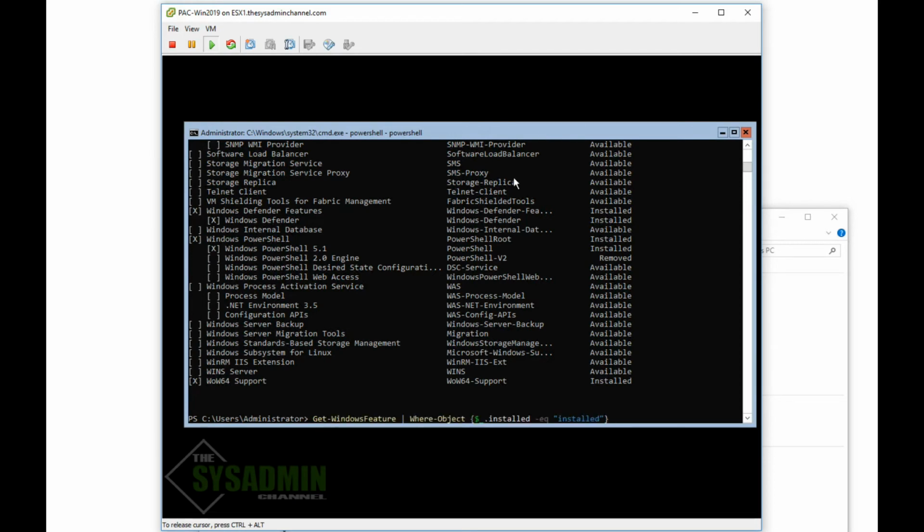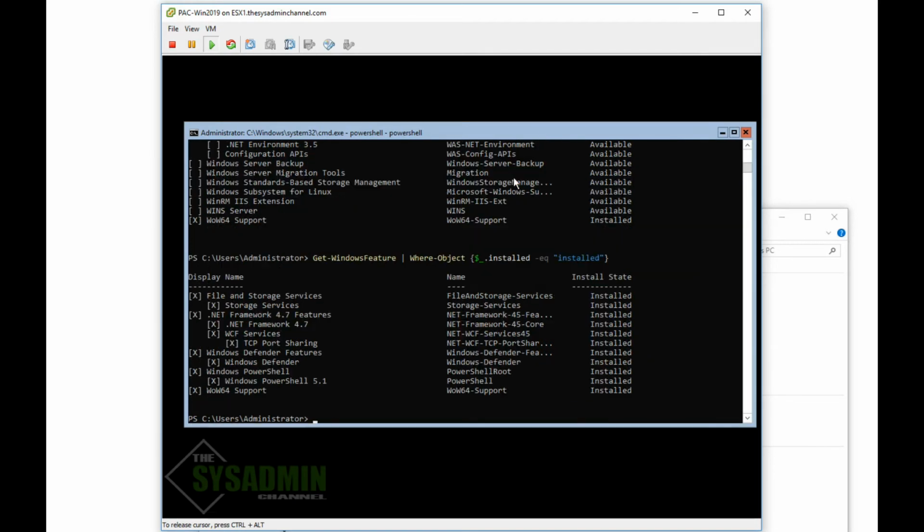That probably went a little too fast, so I'll go ahead and do a Get-WindowsFeature and pipe it out to a Where-Object so we can just see exactly what's installed. There's not much more to check here, so I guess we might have to wait until the full version GUI comes out. Alright guys,